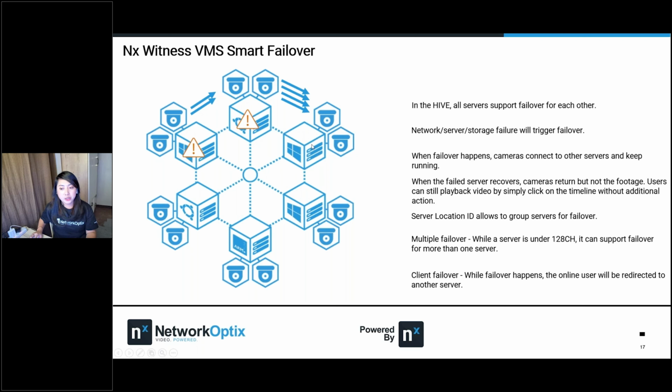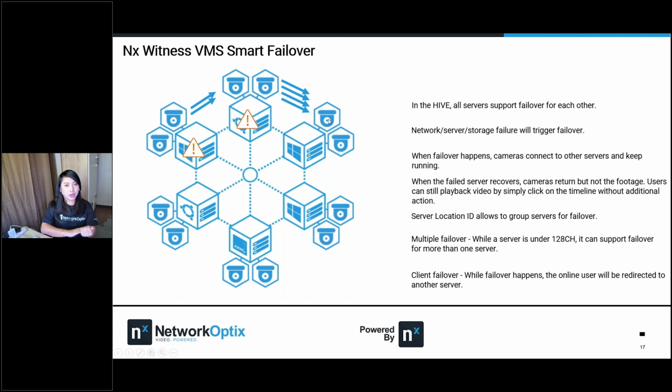Server number 3 will now start to record a total of 6 cameras, because the 2 cameras from here will transfer here and now it crashed. It has a total of 4 cameras, right? So transferred here, so a total of 6 recordings.